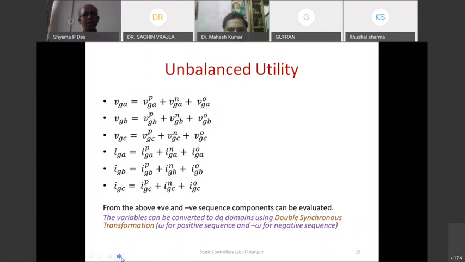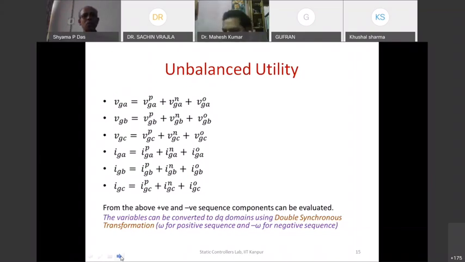So what we see right now, we have got three sequence components: positive, negative, zero. Positive rotates with plus omega, negative rotates with minus omega, and the zero sequence component does not rotate because the zero sequence component doesn't produce a rotating field. So we can transform VGA,P, VGB,P, and VGC,P